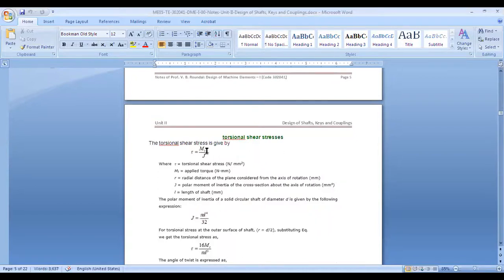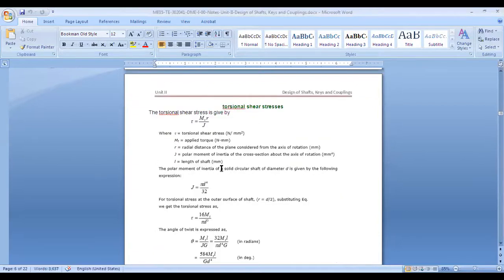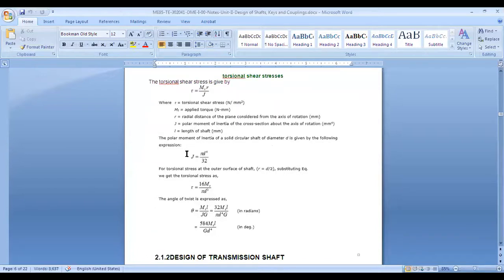Similarly, the torsion equation, shear stress because of the torsion: tau is equal to Mt upon J into R, right? Mt is the torque T on your shaft. J is the polar moment of inertia, which is pi by 32 d raised to 4. It is twice of I, because pi by 64 d raised to 4 plus pi by 64 d raised to 4 comes to pi by 32 d raised to 4. And R is d by 2. So when we put all that, we get tau is equal to 16 Mt upon pi d cube.